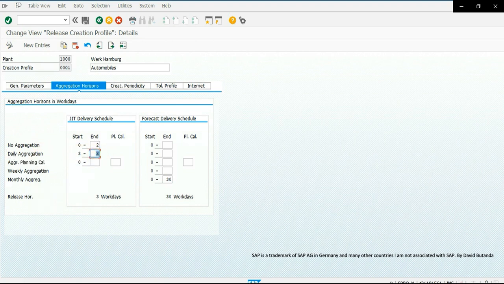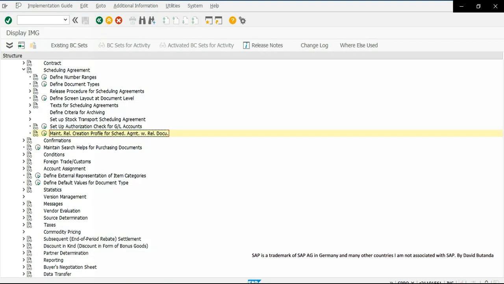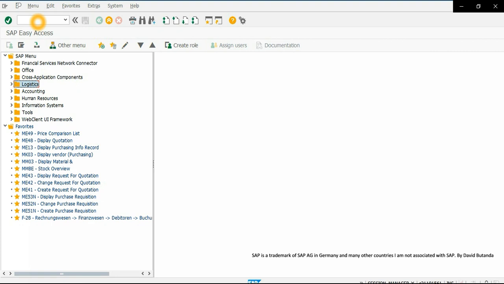We can make it longer if we want. And here is the horizon for the JIT delivery schedule. We also have the forecast delivery schedule, and this one is going to help us make a time bucket of months for the requirements, with a planning horizon of 30 work days. Once we check that these settings are done in customizing, we can go for the prerequisites done at